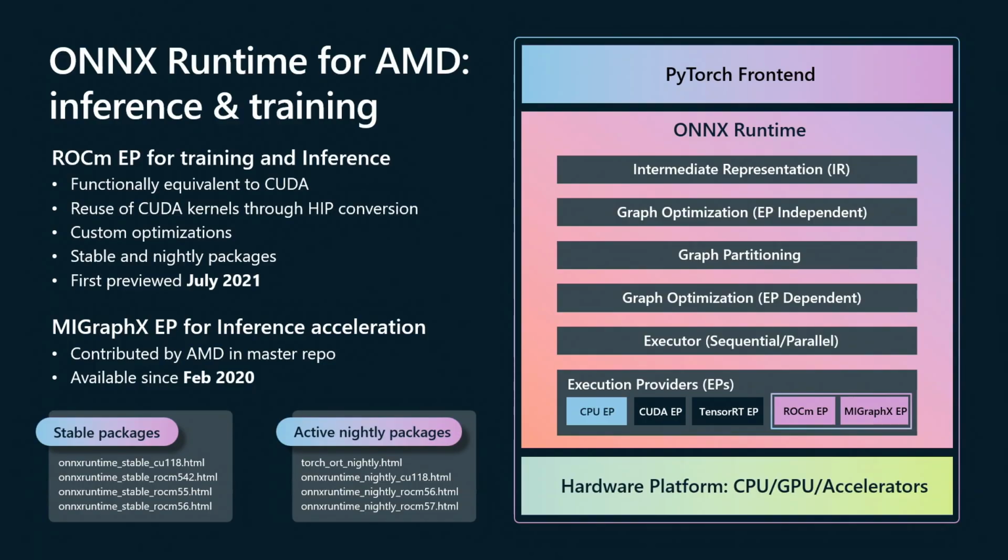If you look at the stack for ONNX Runtime, you take your deep learning graph, break it up into various partitions, and find the most efficient way to schedule these across the GPU hardware. Then it interfaces with the execution providers, which in turn talk directly to the actual hardware and implement the best instructions for this particular operation, for the shapes of the matrices that you're working with. So that is ONNX Runtime.